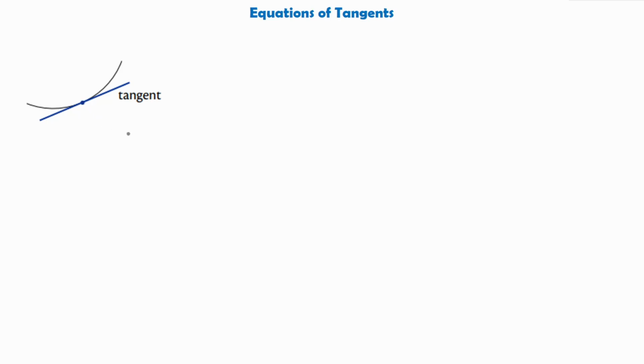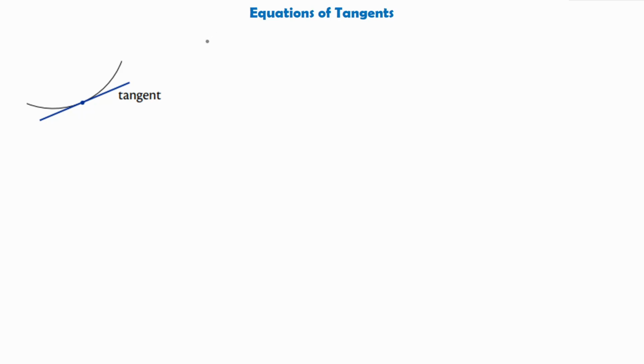Now, as we already know, the gradient of a straight line is constant, and we can also determine the gradient of a curve by doing differentiation, and we can work it out at a particular point. So we can consider the straight line as it touches the curve at a point, and we call that the tangent. Now, we would say that the gradient of the tangent to the curve, so the gradient of this line,